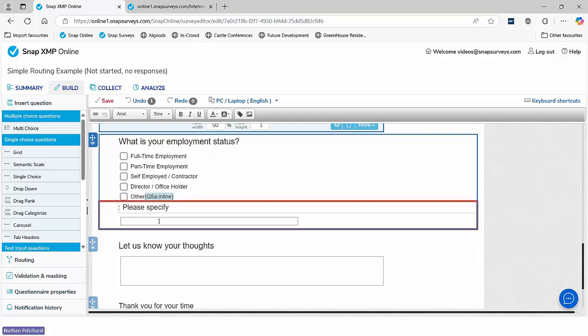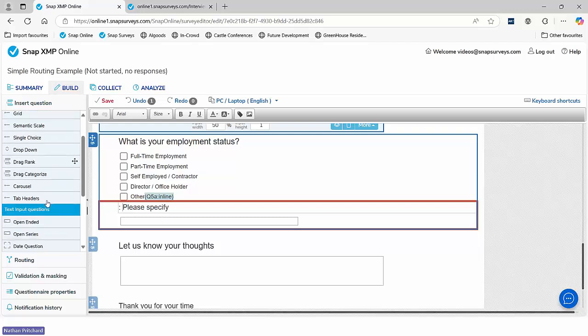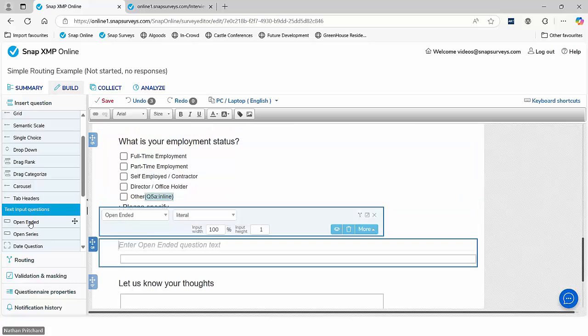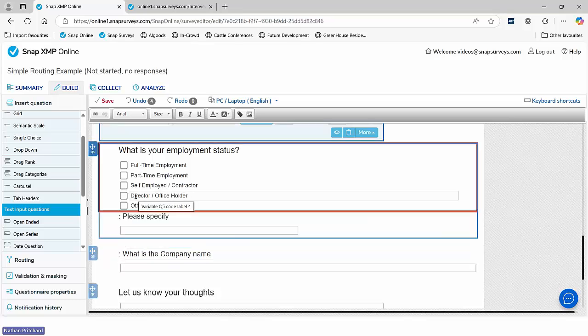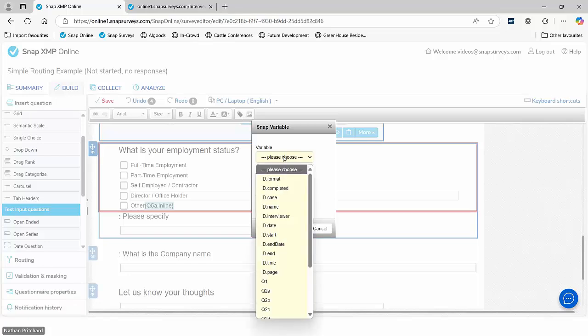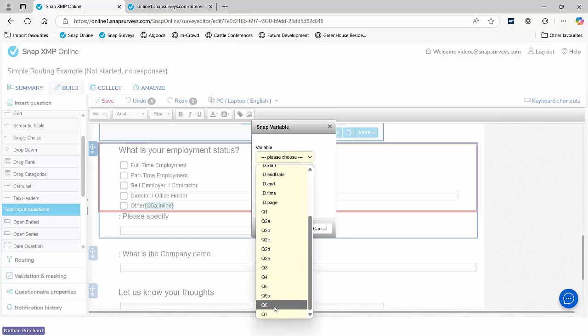And I think this works really well if you've got a number of different further option questions. So I'm actually going to add an extra open-ended question at the end. I'm going to put some text in there. What is the company name? So that's question 6. And again, I'm going to insert that one at the end of the director office holder. Again, taking question 6